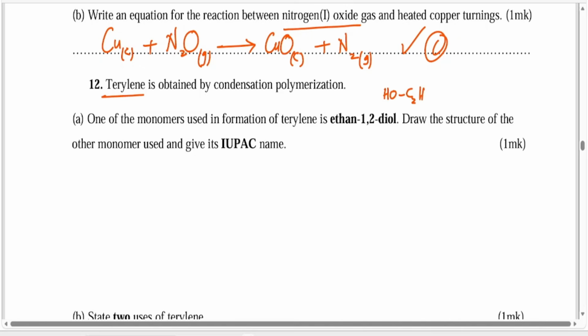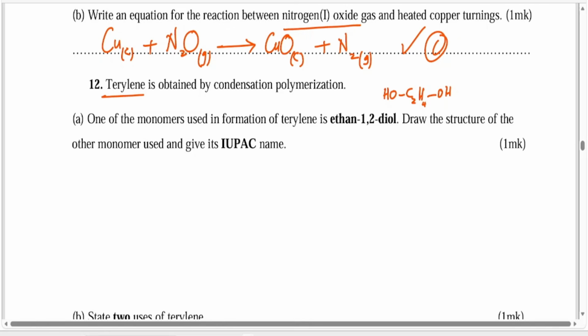HOC2H4OH. So we react it with another monomer which we call benzene-1,4-dioic acid. So we draw the structure of the other monomer, which is benzene-1,4-dioic acid. So that is benzene-1,4-dioic acid,